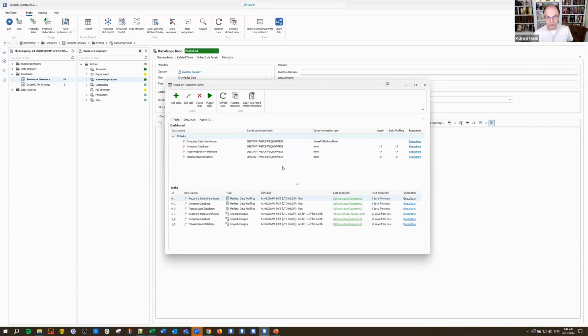The other thing I noticed, as it is right now: I know some people like to have two different import jobs for a particular connection. For example, import metadata only on a weekly basis, and maybe on a monthly basis, import the metadata and build the lineage. Those would be two separate tasks. Currently, we can only do one. So just be mindful that you can only have one configuration per connection now, for example, on your import changes.